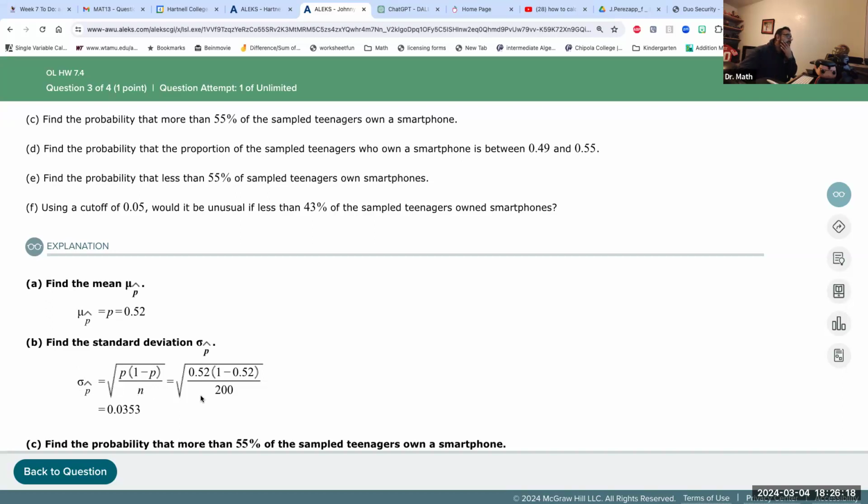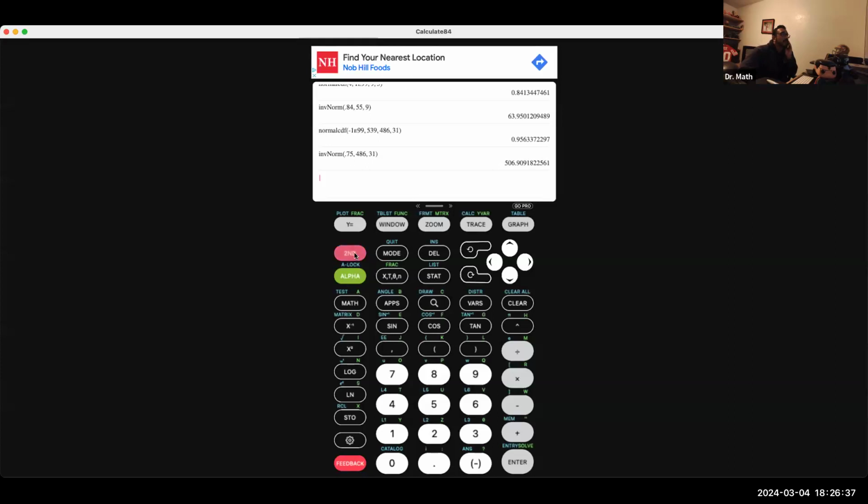So let's get our calculators and plug this in. Let me share the screen. What's our n value? Our n value we said was 200, just so I don't forget. We're going to go to second, square root. You put your p-value, which is 0.52. Then I'm going to do a left parenthesis, which is right above the 8. I'm going to do 1 minus 0.52, close parentheses, and we're still going to divide that by n, which in